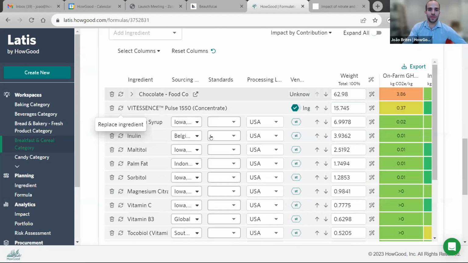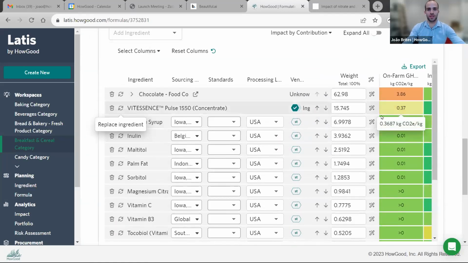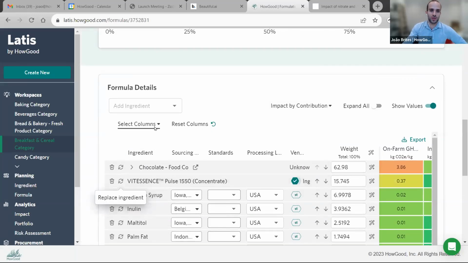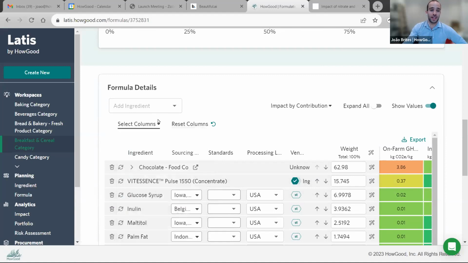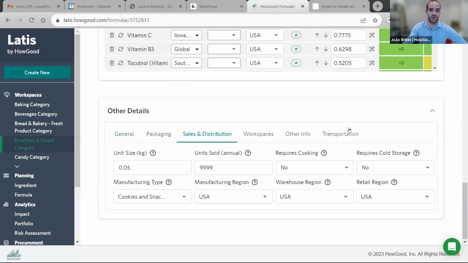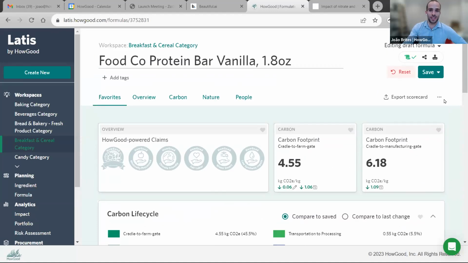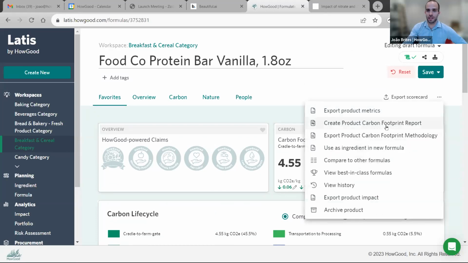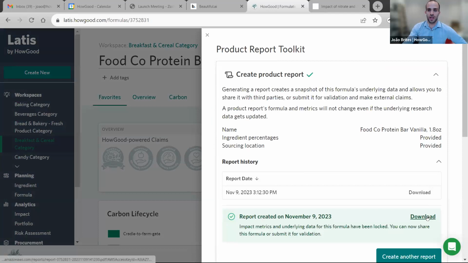And for all of these changes that you've just seen that we can make for carbon emissions and for the different ingredients, the HowGood system allows you to track other metrics beyond carbon. It allows you to track impacts across packaging, the sales and distribution, transportation legs. And then once you're done with the updates, you can create a product carbon footprint report. And once you export this report,